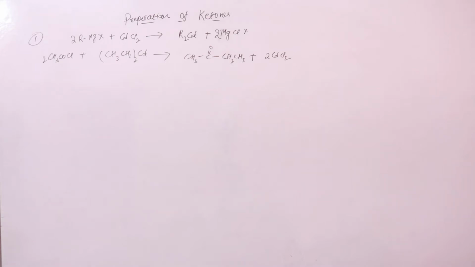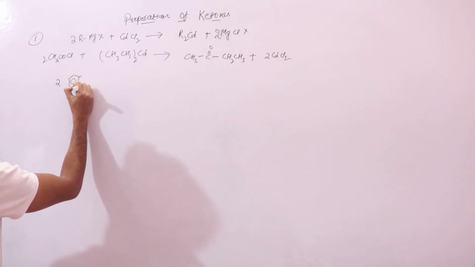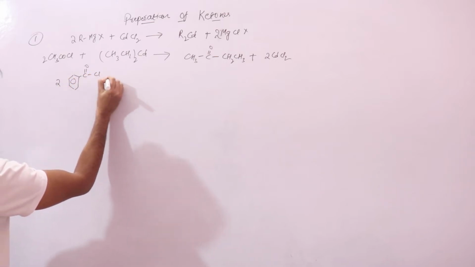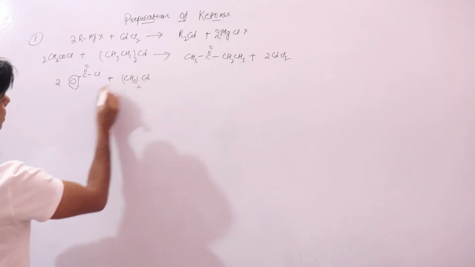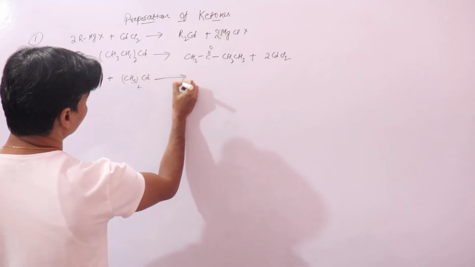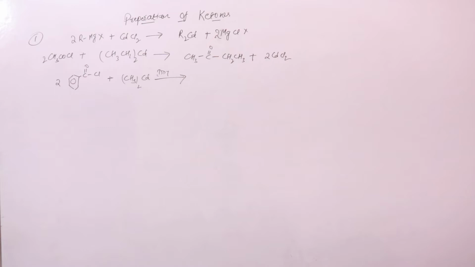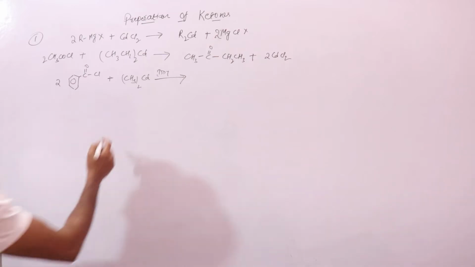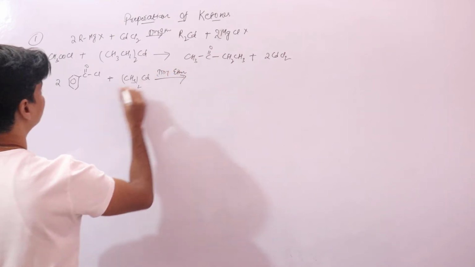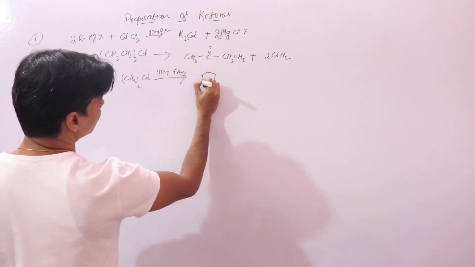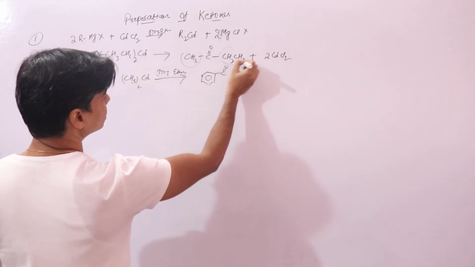Now similarly, say dimethyl cadmium and benzoyl chloride. You do this reaction in dry ether. All these reactions, even this one, are done in dry ether. So it will form a ketone. You see you have a carbonyl group and 2 alkyl groups, so this is a ketone.